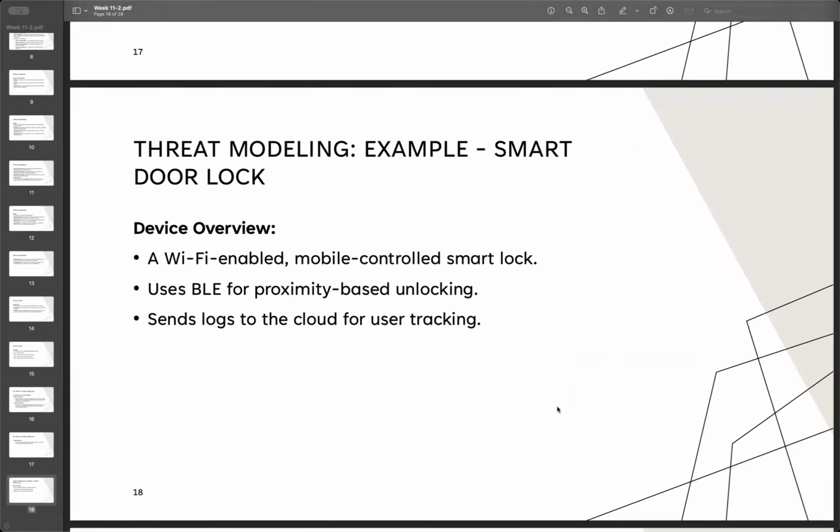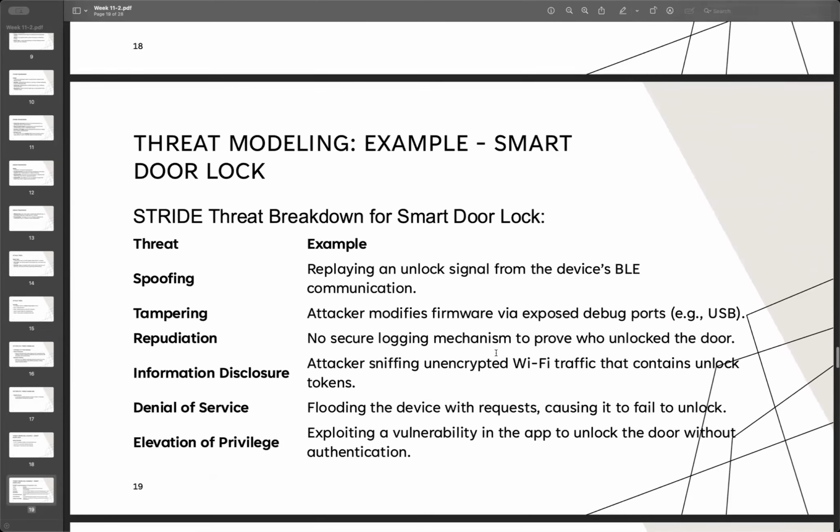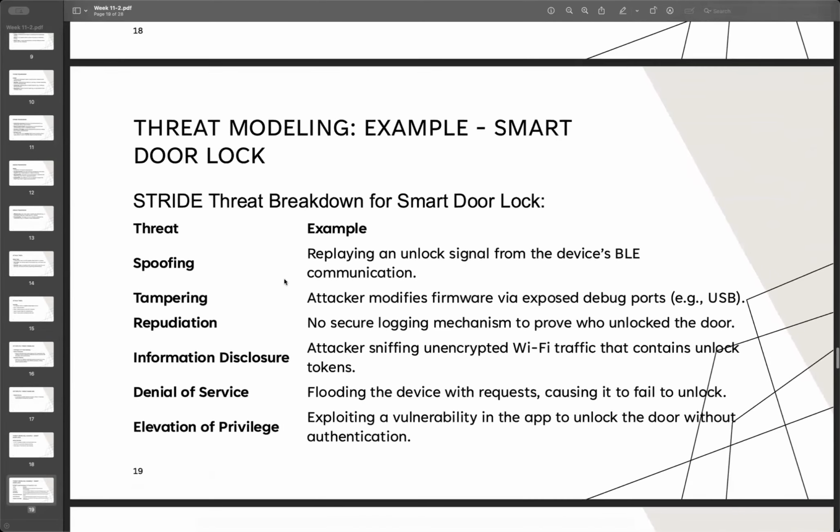Just like right here, the device that we're using is a smart lock. So the third modeling: if we have a Wi-Fi enabled and mobile control smart lock, they will use BLE for the approximate-distance unlocking, and then they will send the lock log to the cloud for user tracking. So right here, if we look at all the details, all the tables,